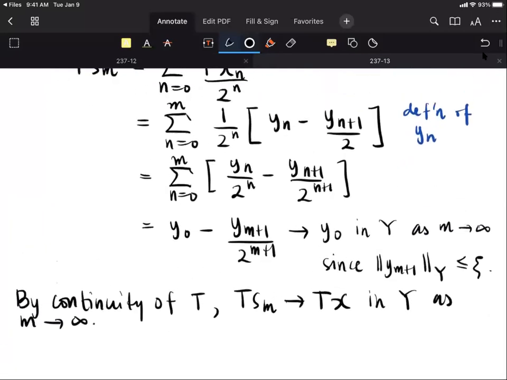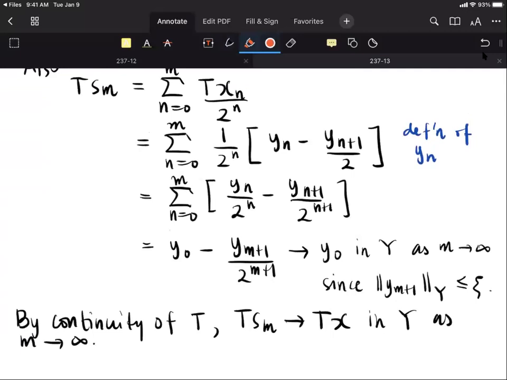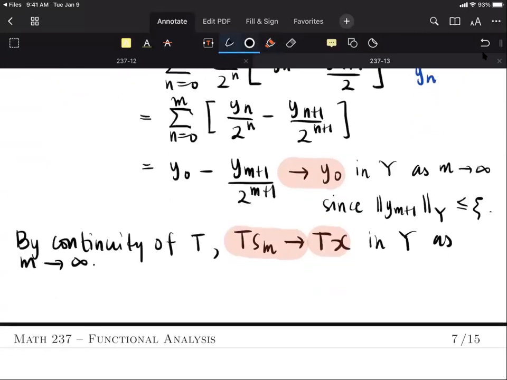Therefore, by uniqueness of limits: here we calculated the limit of T S sub m to be y naught, and here, invoking continuity, we have another limit. So uniqueness implies